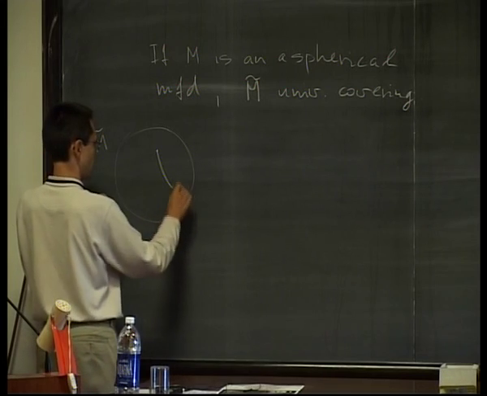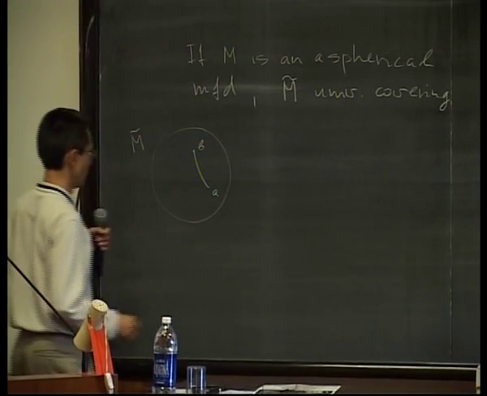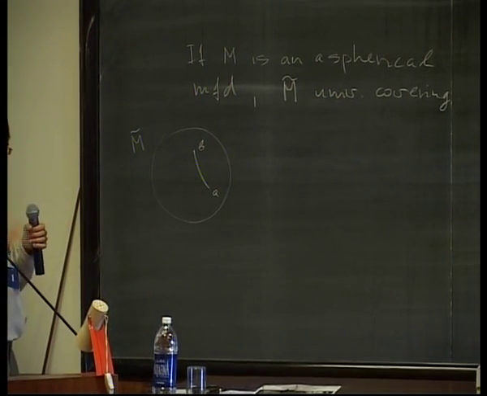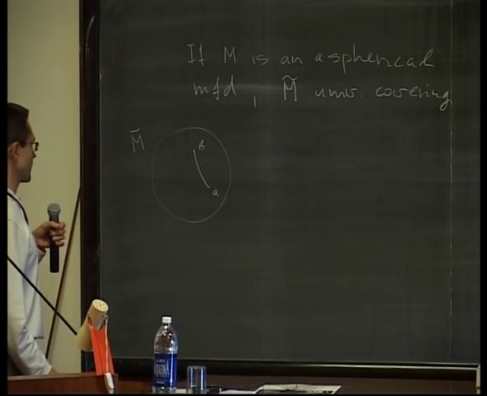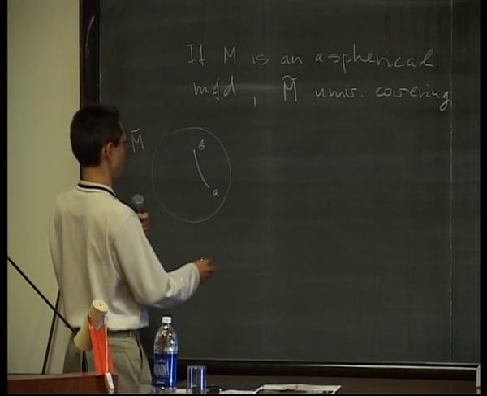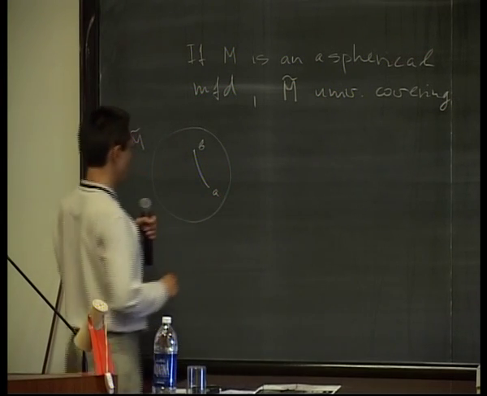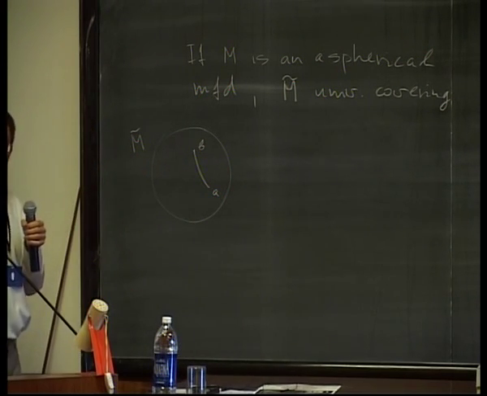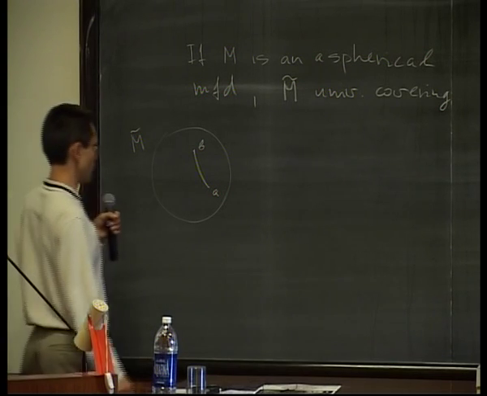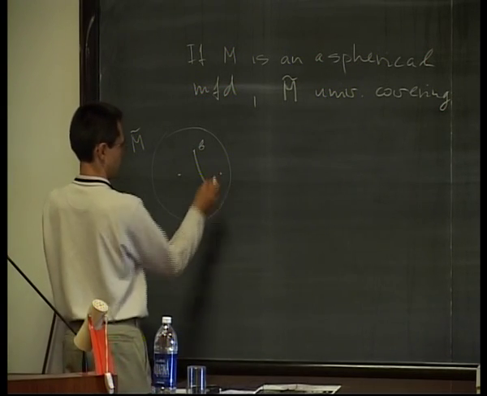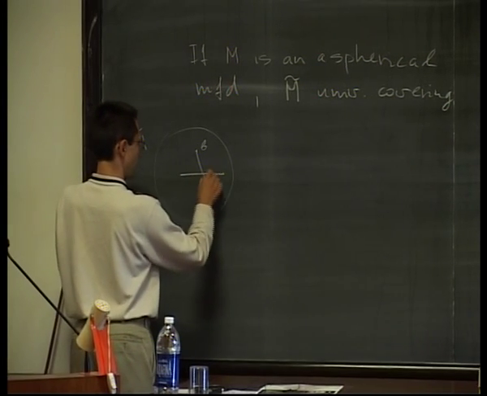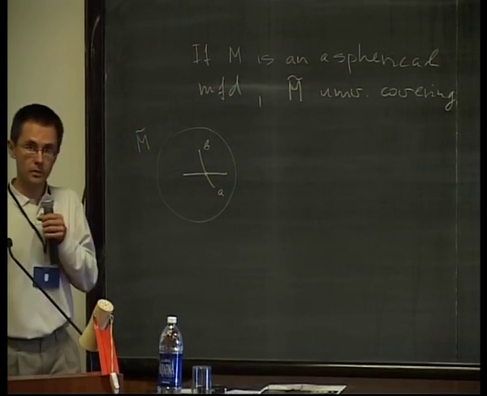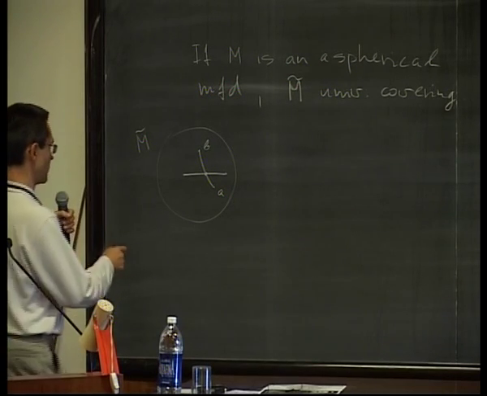So you have 2 points, A and B, in the universal cover. If you move this, the geodesic goes to geodesic. This gives you a bicombing. So for any pair of points, there is a canonical choice of geodesic. But it has this additional property that if you have chosen 2 other points, then the intersection of 2 such would be empty or a point.